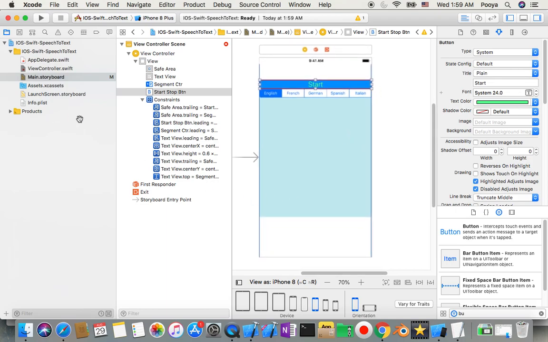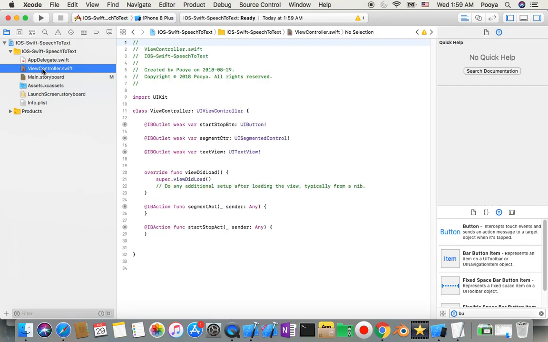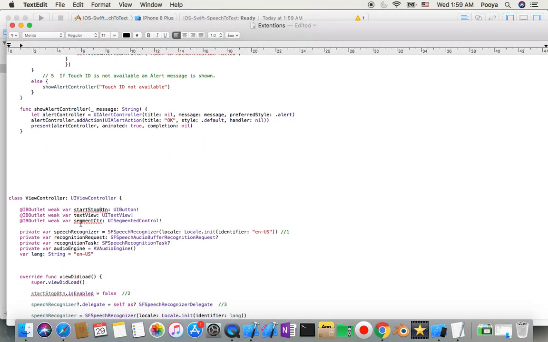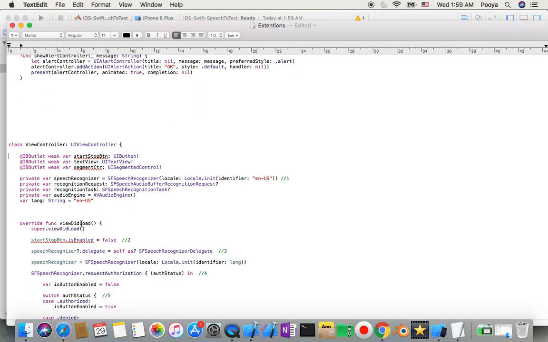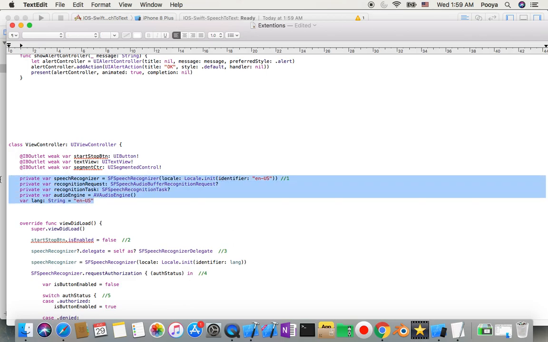Now I'm done with controller and storyboard. So I'll go to view controller. To make it faster, I just typed these before. So what I need, first of all, is these attributes for my